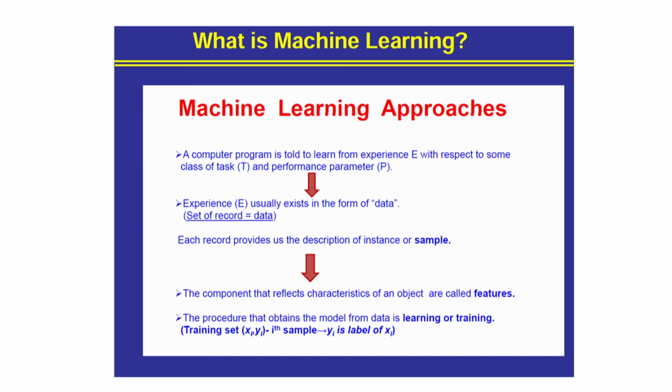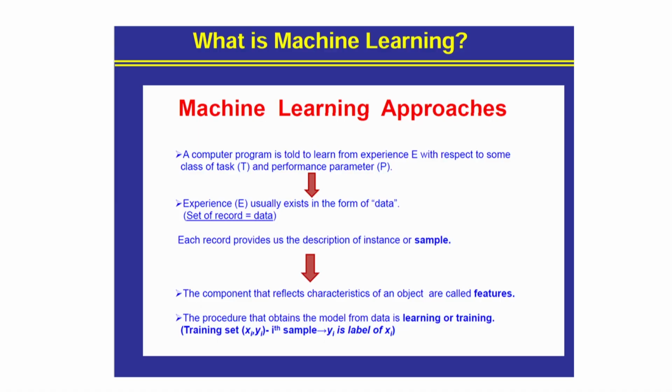As I said, the most important aspect of AI is machine learning. It is a computer based program which can learn from experience with respect to a certain class of task. We cannot learn any task at that moment, so you define a task, and then by doing the task, it can learn from the experience with a certain performance. Like if you are learning how to walk on the floor, your performance parameter will be how many times you fall on the floor before you learn completely to walk, right.